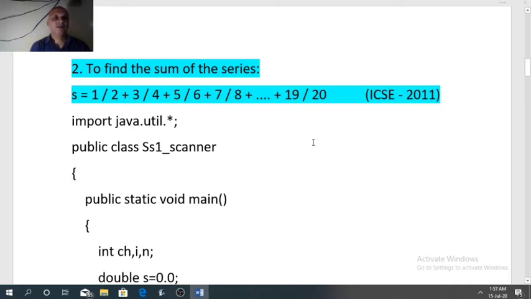Second method is we can control the denominator with the loop. For that, start the loop with 2, I equal to 2, and the last value is 20, so I less than or equal to 20, and I equal to I plus 2. So denominator we can control with the loop, and the numerator of each term is 1 less than the denominator. So the general term of the series will become I minus 1 divided by I. Now we will see the program.